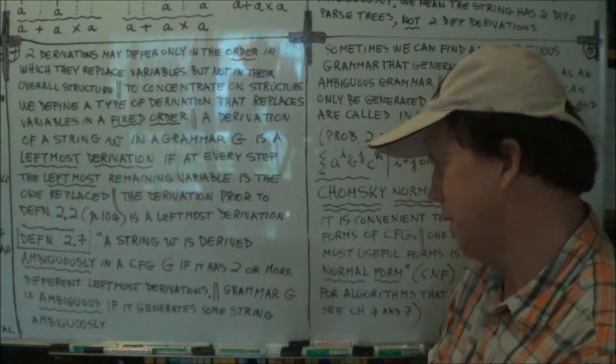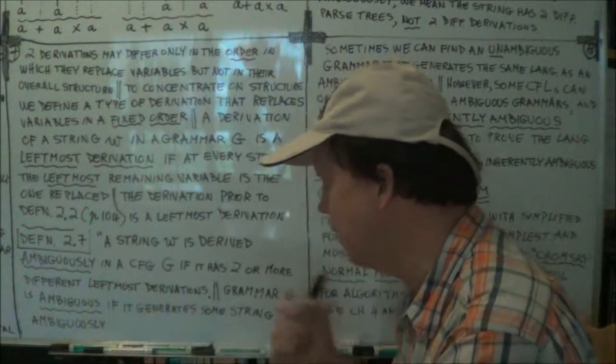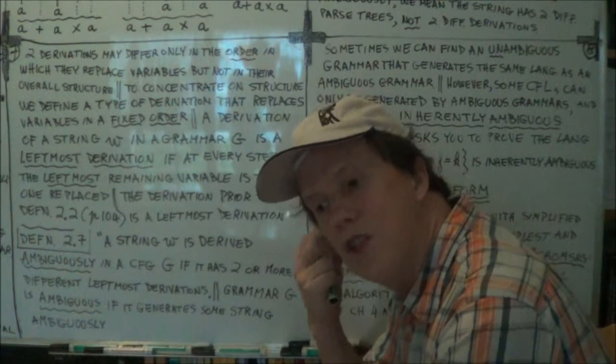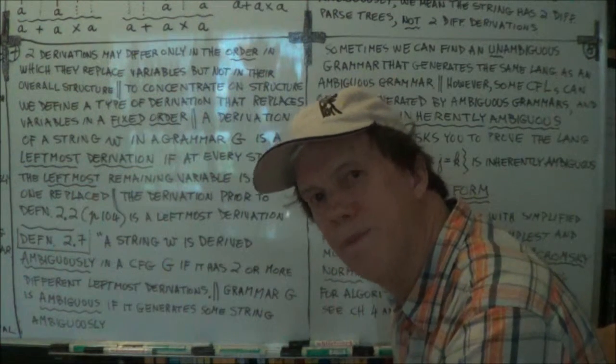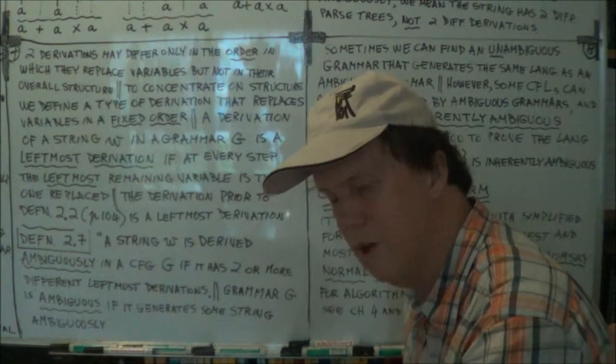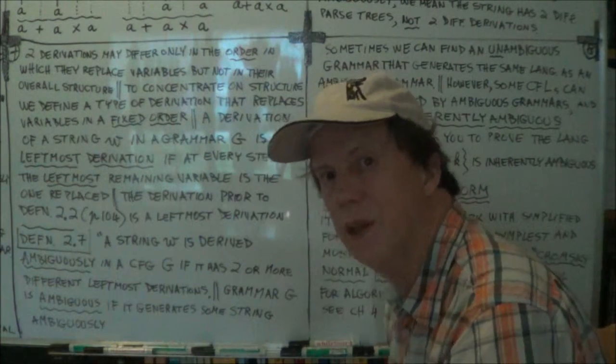Alright. Now, a grammar itself is said to be ambiguous if it can generate at least one string ambiguously. Okay? So you can label a grammar as being ambiguous if it